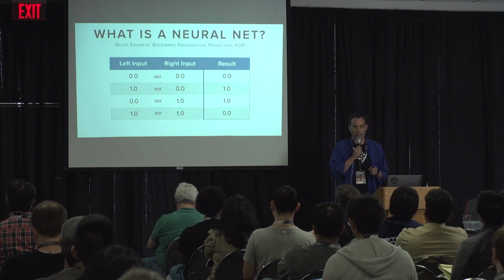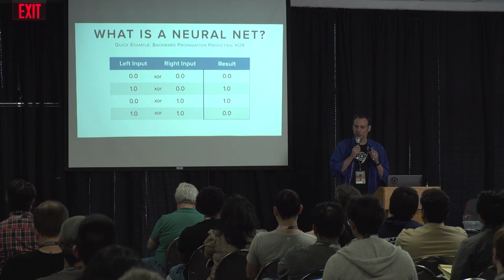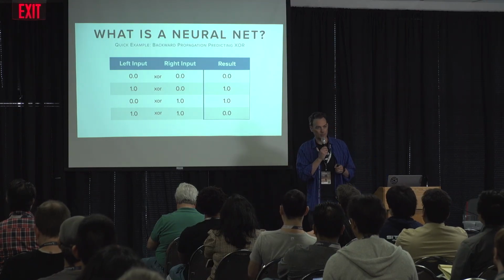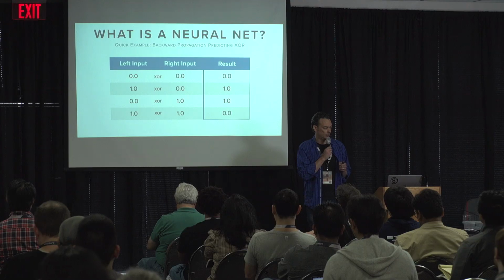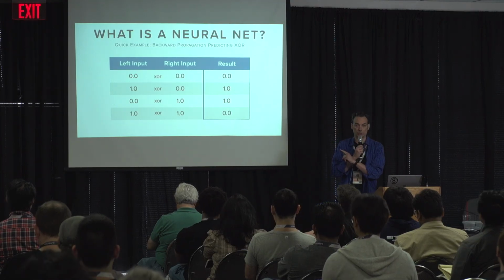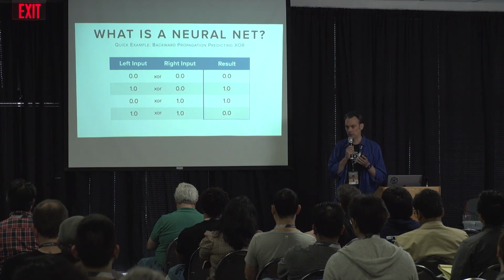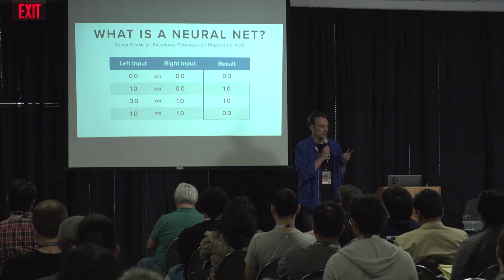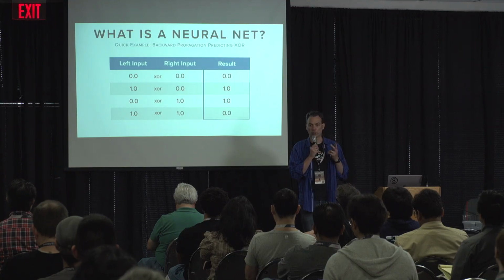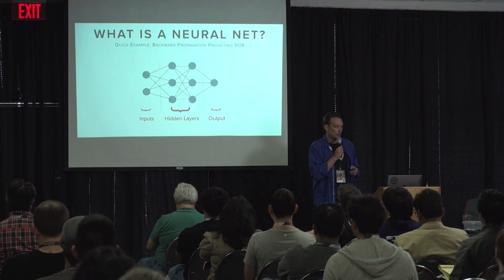So what is a neural network? I'm actually going to take you through neural networks 101. This is how LLMs and other networks are made. What we're going to do is model the XOR operation. Really simple. There are 4 training inputs because there are 4 possibilities. If the 2 numbers are the same, the output is 0. If the 2 numbers are different, the output is 1. And we're going to train a model to learn and understand that behavior.